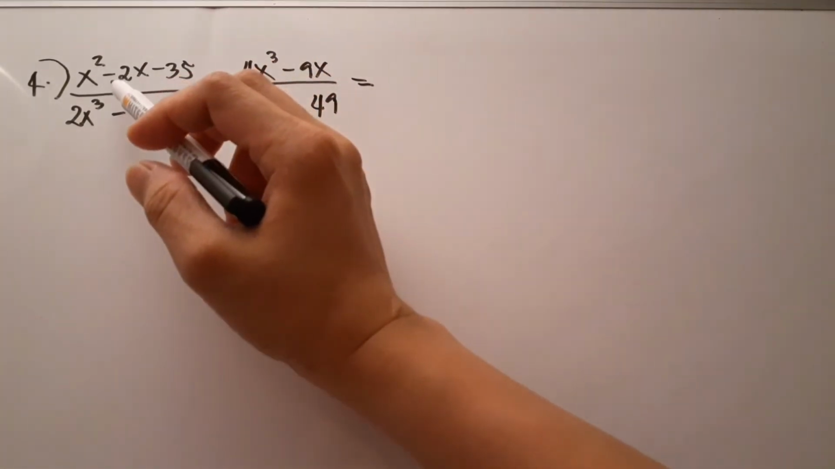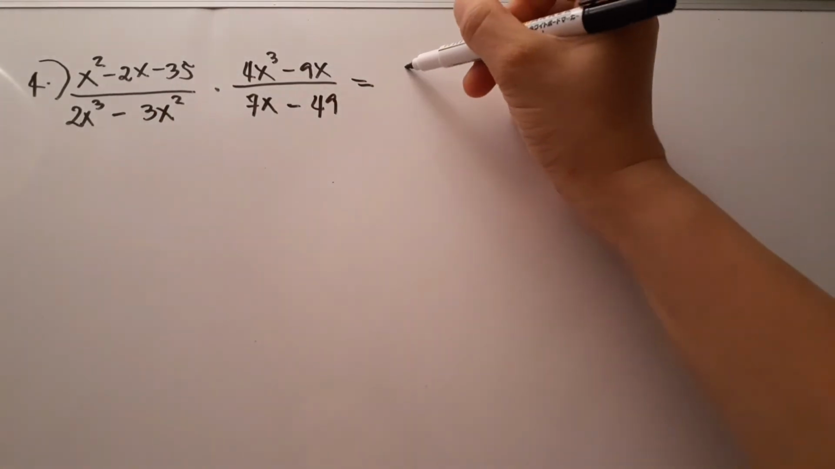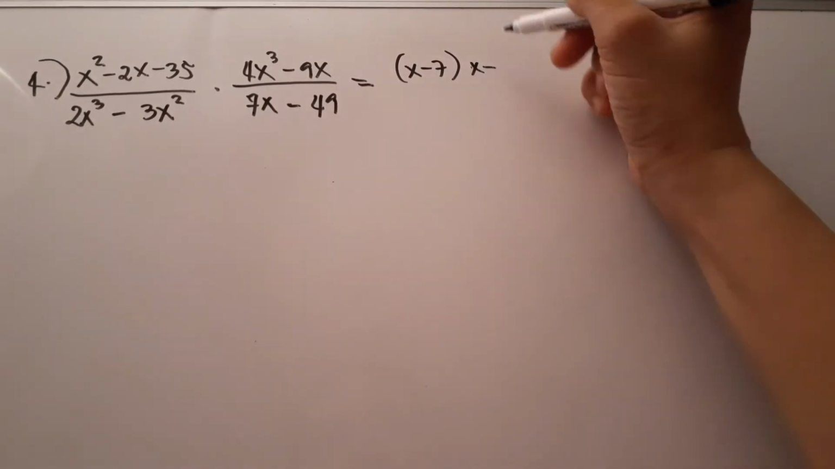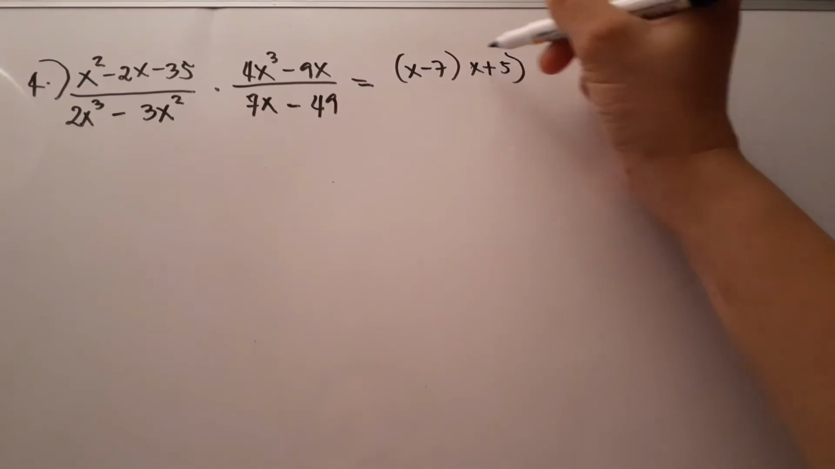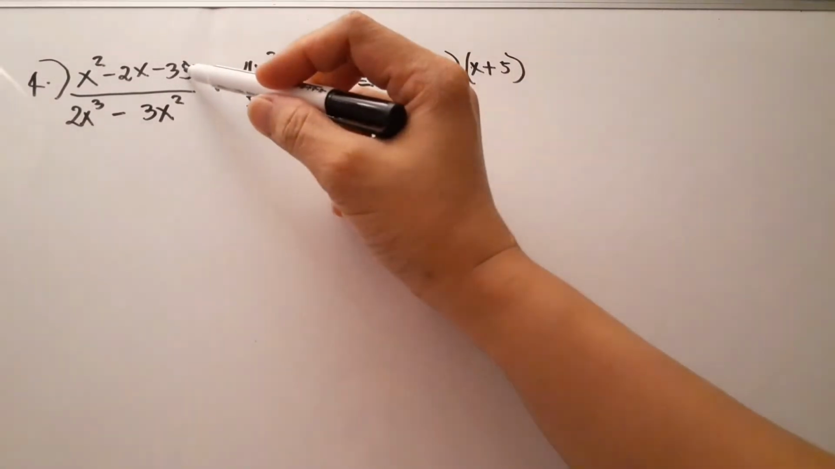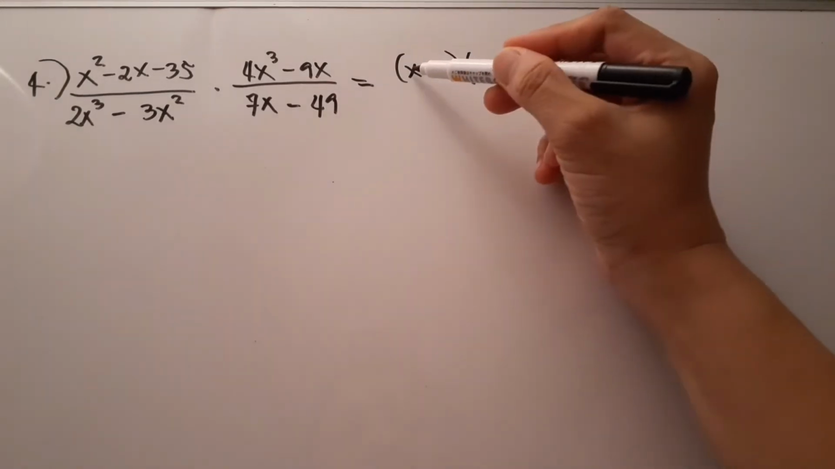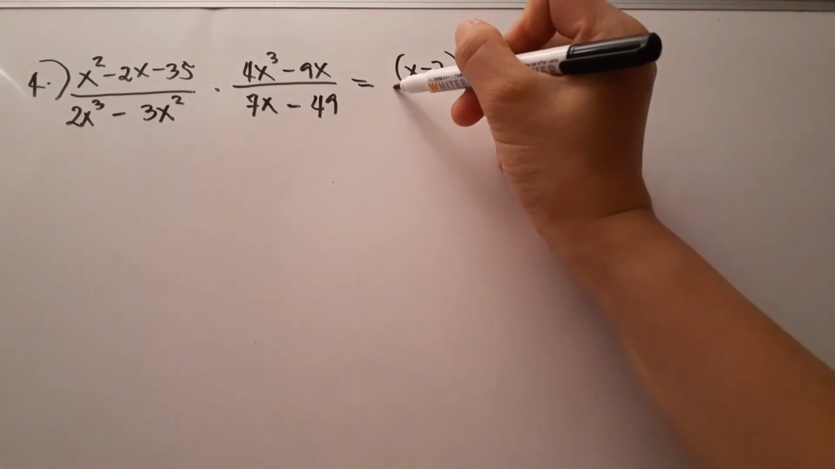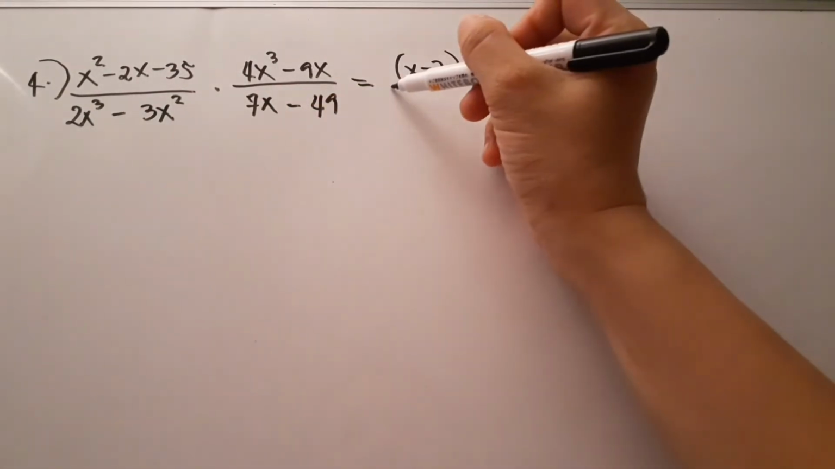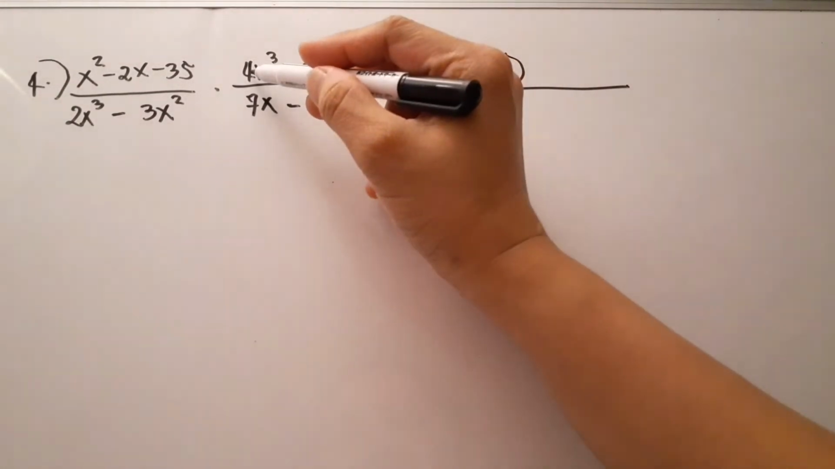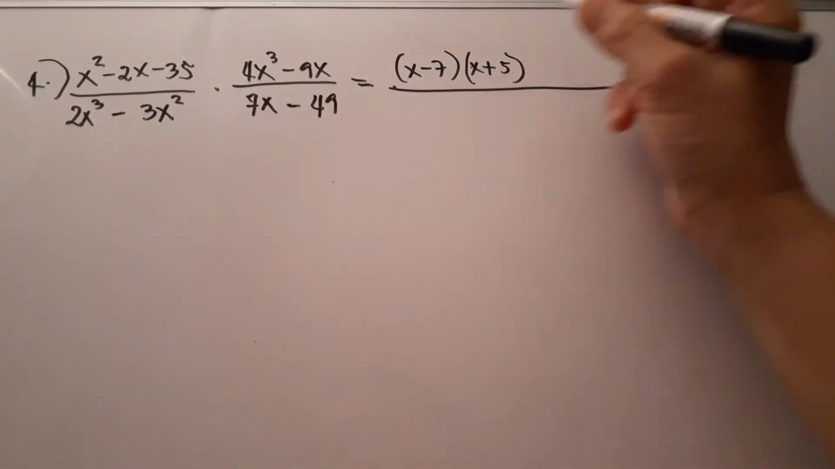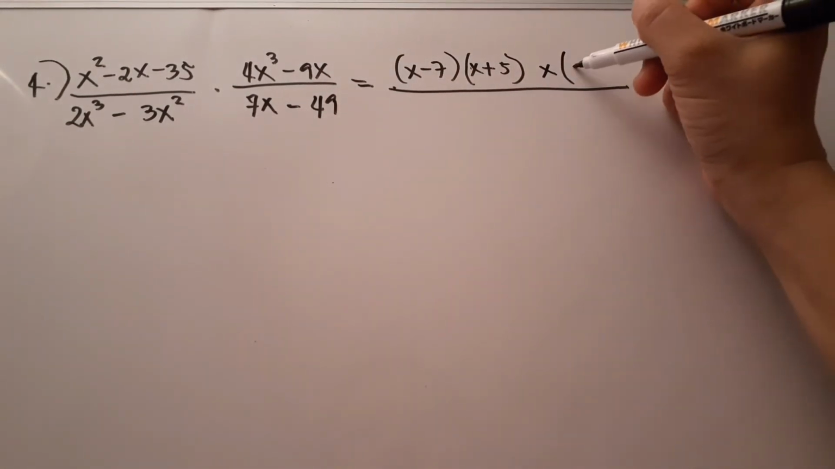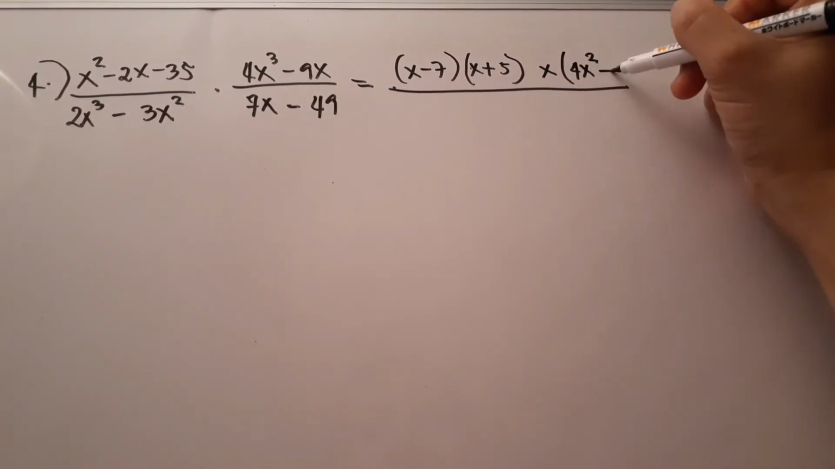Since the coefficient of x in the trinomial is negative 2, we can have x minus 7 and x plus 5, where negative 7 times x becomes negative 7x, then x times 5 becomes 5x, so negative 7x plus 5x becomes negative 2x. So this is our factor. And then in multiplying, we can directly connect the first term and the second term, which is the